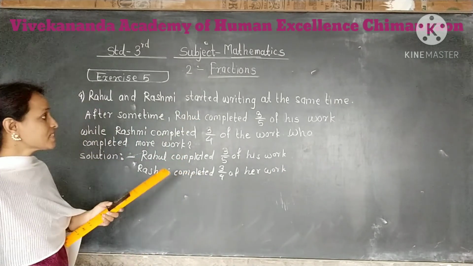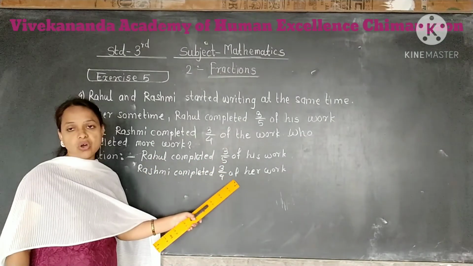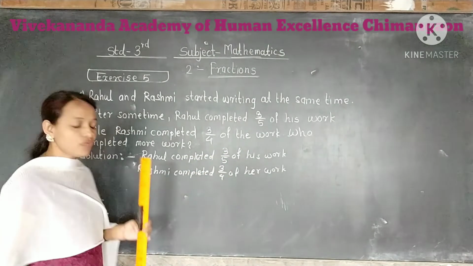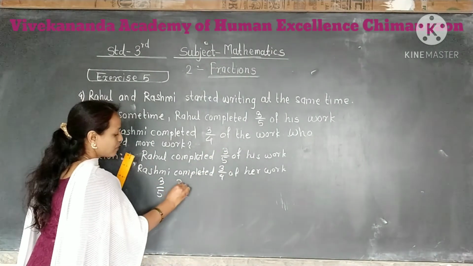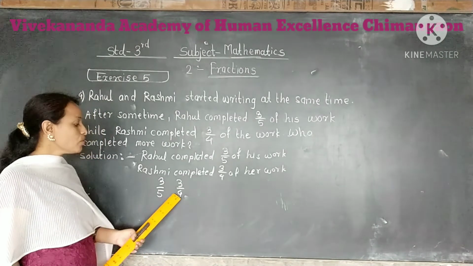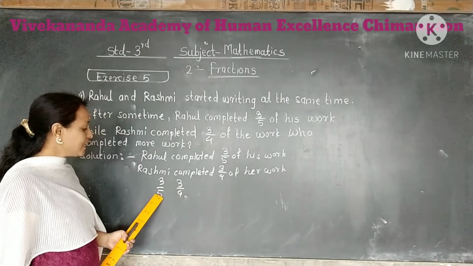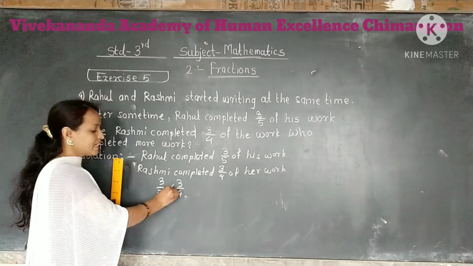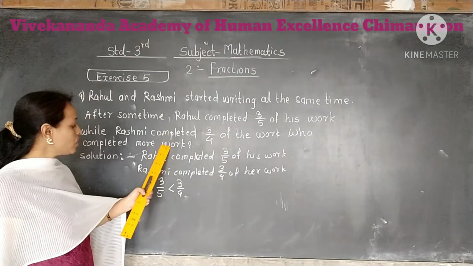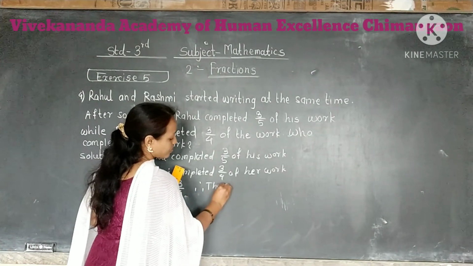See student, both started writing at the same time. So Rahul completed 3/5 of his work and Rashmi completed 3/4 of her work. So we have to find out who completed more work. For that we have to compare these two fractions. So here 3 upon 5 and 3 upon 4. If you observe, in this pair numerators are same, then whose denominator is small, that fraction is greater. So in this pair, denominator 4 is smaller than denominator 5. So here 3 upon 4 is the greater fraction, and with 3 upon 4, Rashmi completed 3/4 of her work. So who completed more work? Obviously, Rashmi completed more work. So we write thus, Rashmi completed